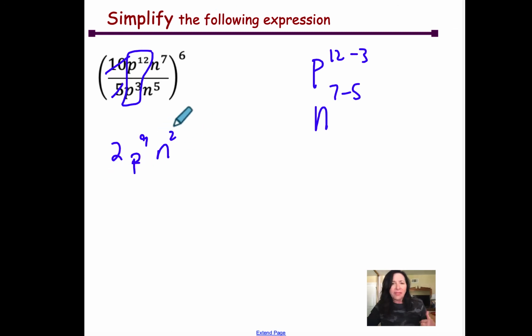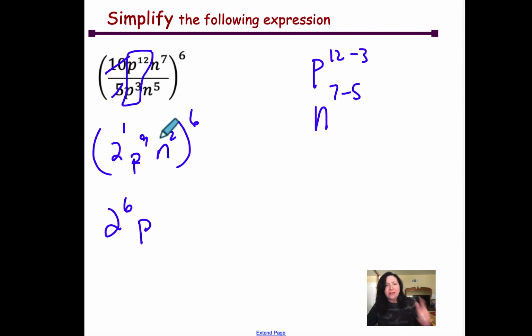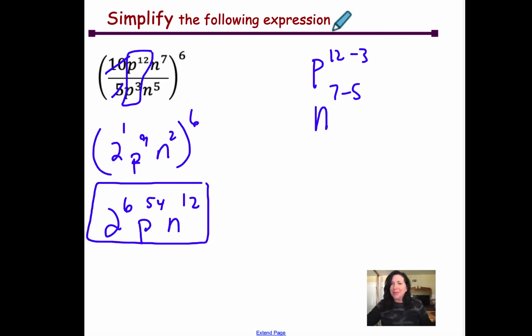And then all of this here is now to the 6th power. So we have 2 to the 6th. We have p to the multiply, because that was 1 times 6. 9 times 6, 54. N to the 2 times 6, 12. And then we're done. Now, keep in mind, if I had actually distributed that 6 first instead of reducing, my